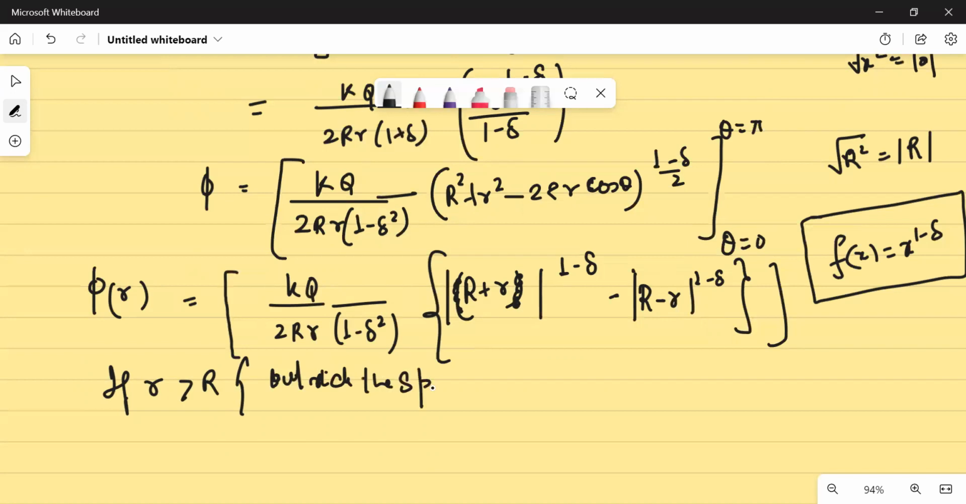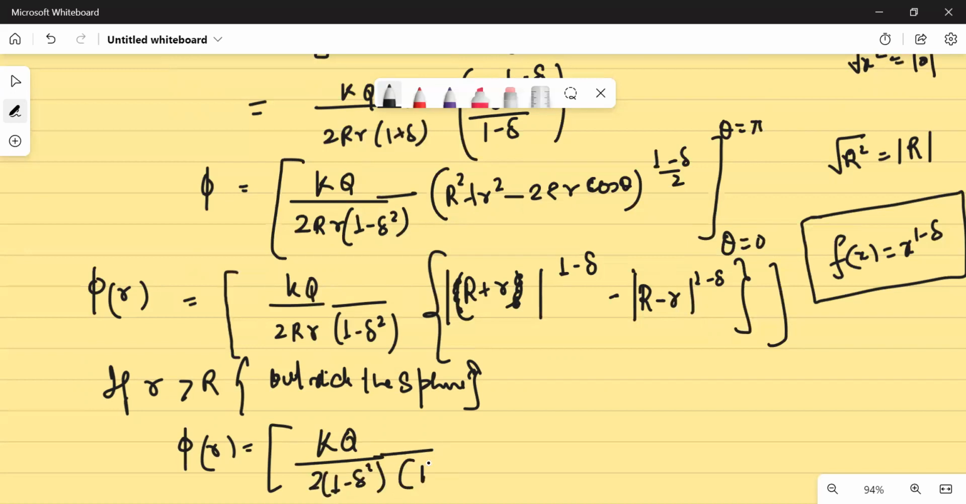sphere, my potential as a function of r can be written as kQ/2 (1 - del squared), and I have this capital R, small r, and then I can write it as f(R + r), because I have written x की power 1 minus del as some f of x. And if r is greater than R,